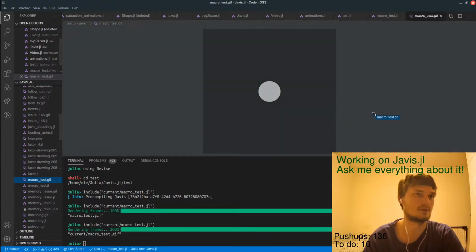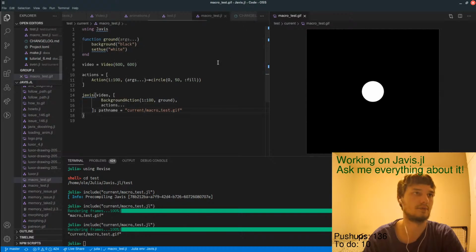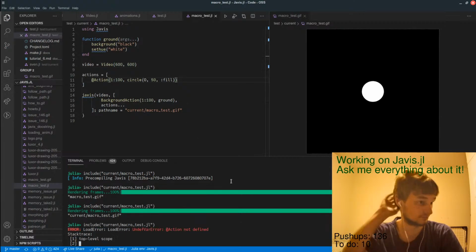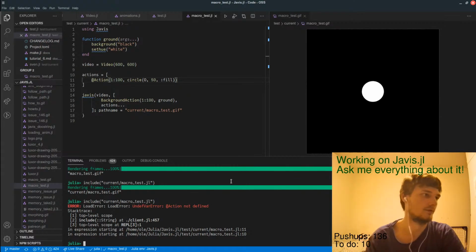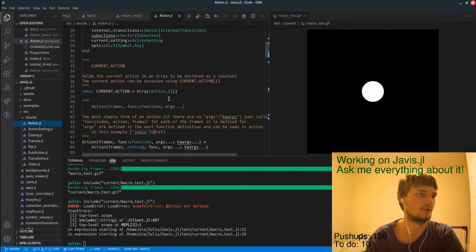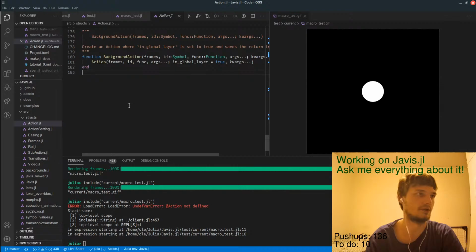Macro. Okay. Perfect. That works. But this one does not work, because that is not defined. Curve. So let's go to here and have a little macro section.